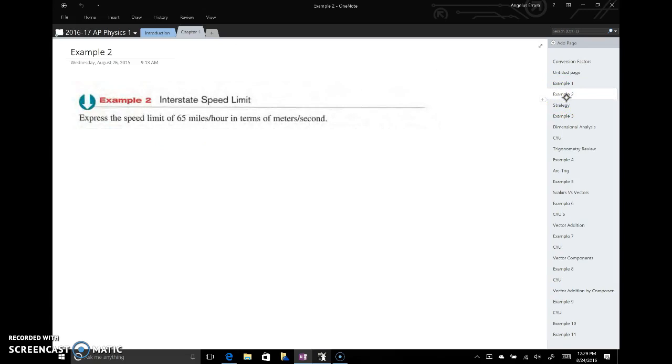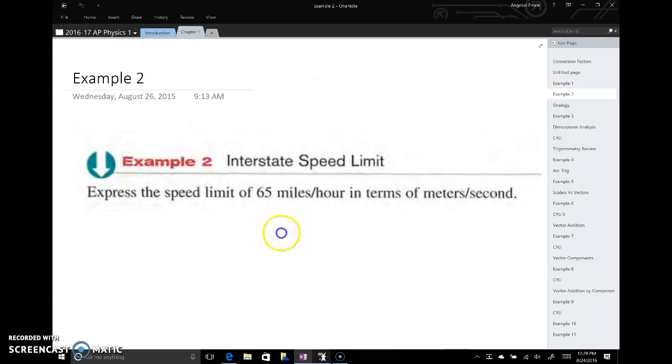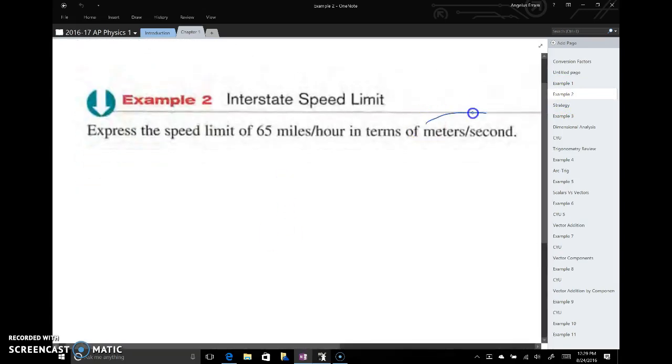All right, example 2 is a second type of unit conversion where we have a compound unit and we need to convert. So in this case, we want to go from miles per hour to meters per second. And this is a very common conversion for us here in the United States. We're used to talking in miles per hour, but in physics, we need to be in meters per second. So this is a very common conversion for us. We're going to set it up the same way. We're going to write 65 miles per hour